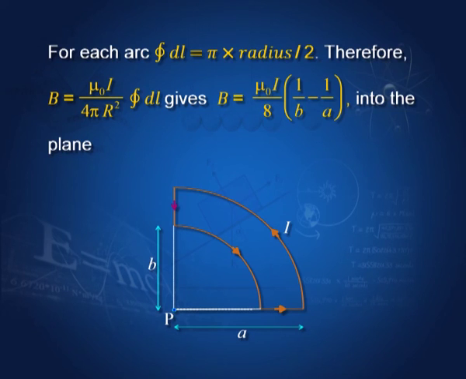Now, why this minus sign? Because the field due to this is in one direction and the field due to this is in the opposite direction. Therefore, the net field at P would be the difference of these two, and you can see by using the same right hand screw rule that the net field is coming out of the plane. No, the lower arc gives a field which is going in. So, that is stronger because B is less than A. So, the net field is going inside.